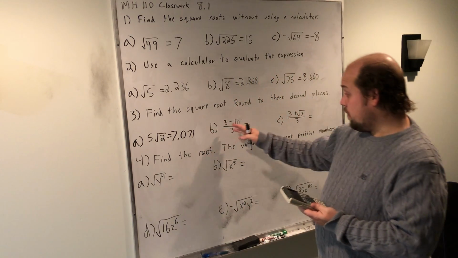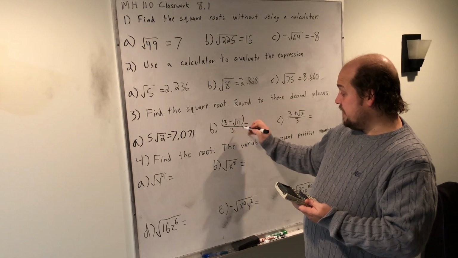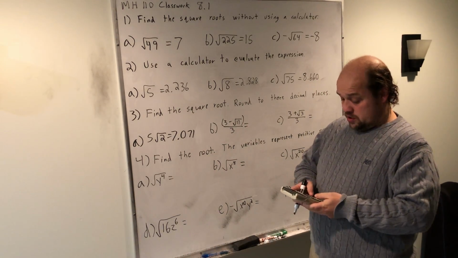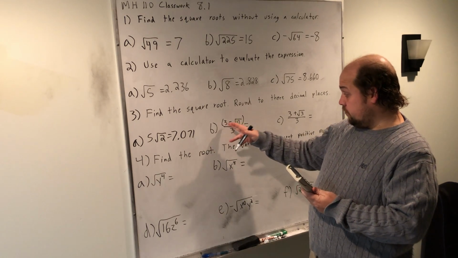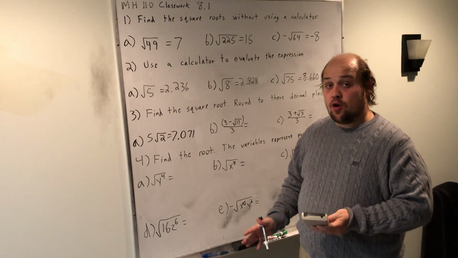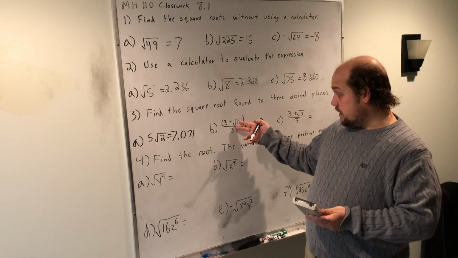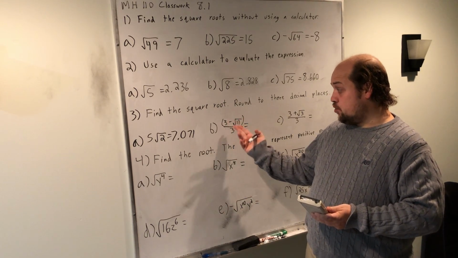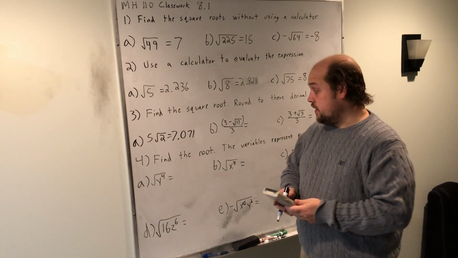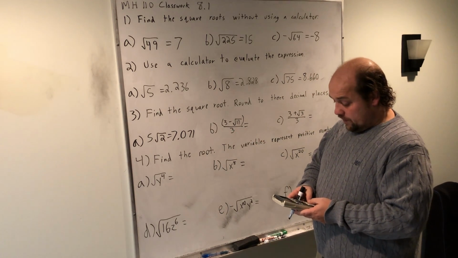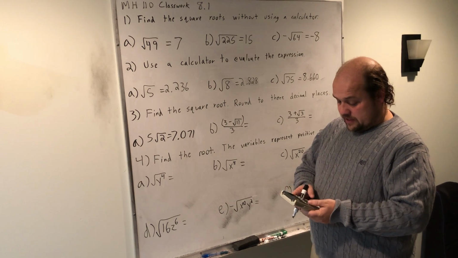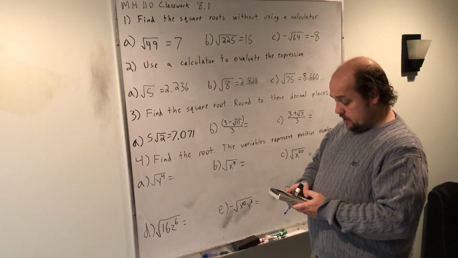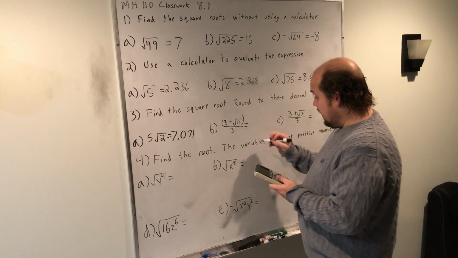Make sure that when you're doing one like this, there's understood parentheses on the top. I have to do that subtraction before I do the division. If you just put it in as 3 minus root 11 over 3 with no parentheses, it's going to do this division and do 3 minus the result of this division, as opposed to the subtraction then divide. So it's important here to have those parentheses. If I put it in properly as 3 minus the root of 11 and parentheses divided by 3, that's going to give me negative